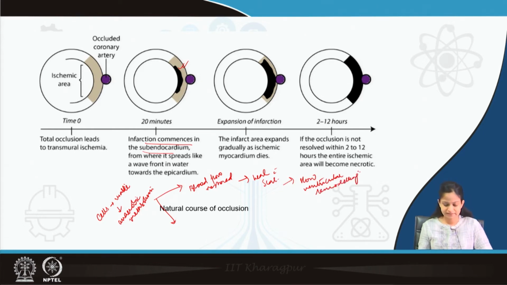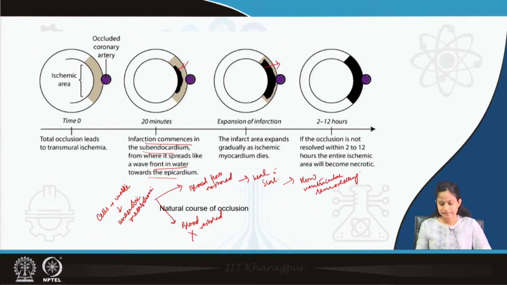The next important thing is if the blood flow is not restored, that means there is progression of the occlusion. If the blood flow is not restored, this ischemia will progress very fast from the subendocardial region to the epicardial region, like a wave front. It will spread from the subendocardial region to the epicardial region,